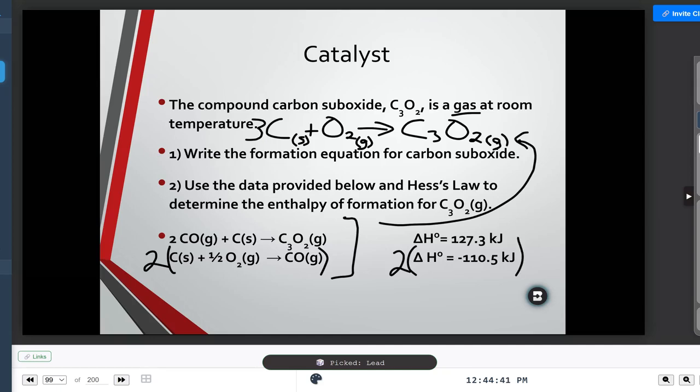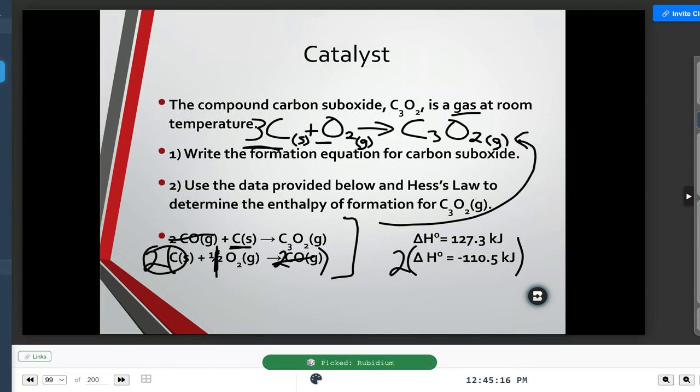Now, tell me a little bit more about this. Why does multiplying by 2 on the second equation get us to our answer? You can cancel out the CO. Yeah. That CO now can cancel with that CO, right? And then what about what happens to our oxygen and our carbon? You can add the carbons to get 3C, and then the oxygen turns into just O2. Good. Our 2 carbon plus our 1 carbon here gives us our 3 carbons that we're looking for. And this becomes a 1, which is what we're looking for up here as well. Good job.